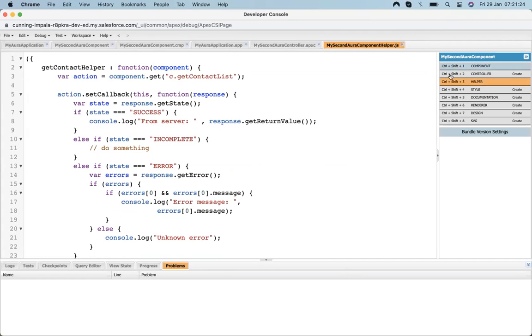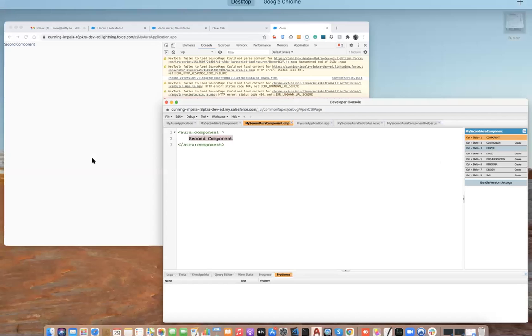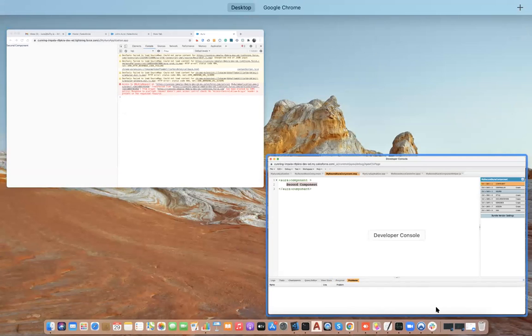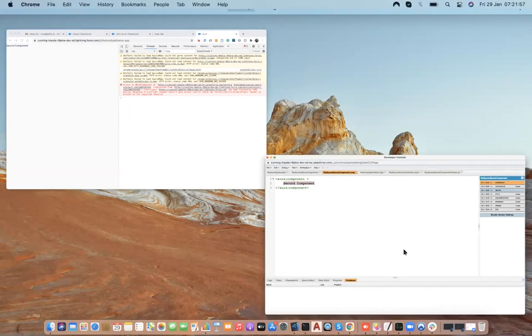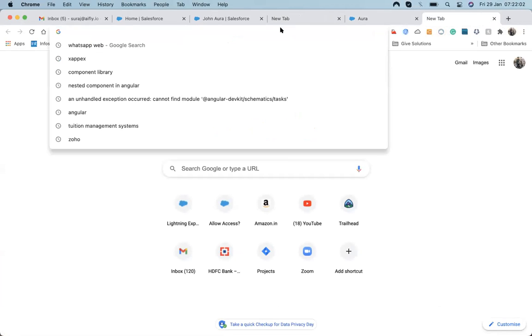Now I need the controller that will call it. Since the list of records will display whenever the component loads, it will query. It will not wait for a button action to trigger. In the previous example, we hit the call apex button, and then it fetched the details. Suppose we have a requirement that whenever the component loads, it automatically fetches the details from the Apex server. At that time, we have to use a handler whose name is init handler.